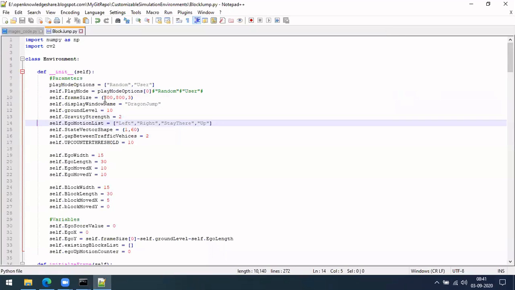Once it hits, so this is one thing, and I kept the same size as 300 and 800, and three is the RGB. 300 and 800 are 300 rows and 800 columns. That is about the size. Then there are a few things required, like gravity strength.